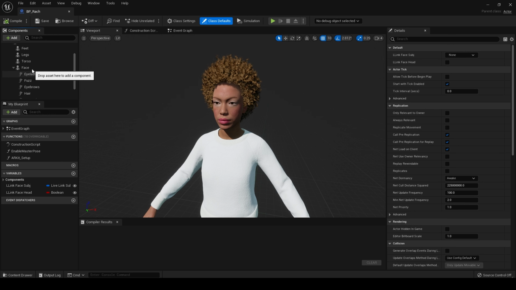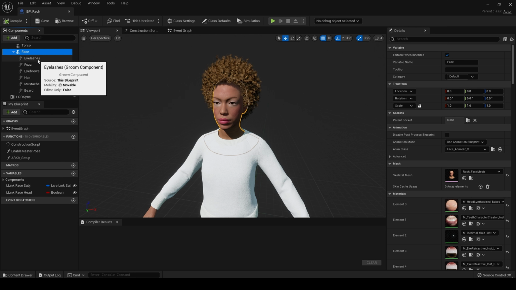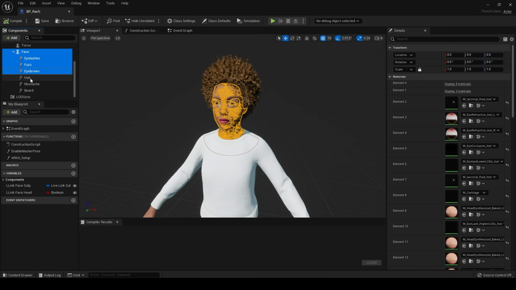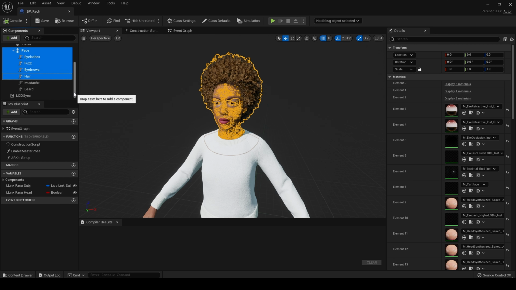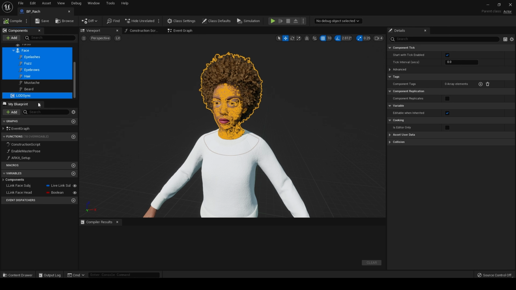Right, obviously we need the head, and with the head comes eyelashes, fuzz, eyebrows and hair. We don't need a mustache or beard because on this character there is none. But if you're working with a character that does have a mustache or a beard, then obviously you'd want to bring those across as well. So I will select the components I need: face, eyelashes, fuzz, eyebrows, hair. And then I want to scroll further down and just with Control held down, select LOD sync as well.